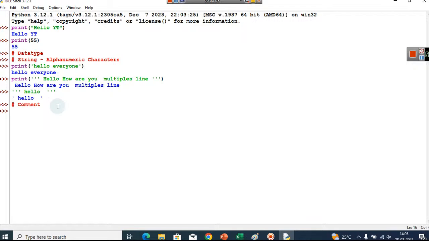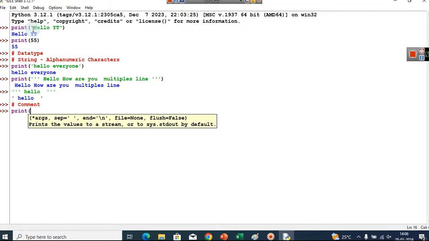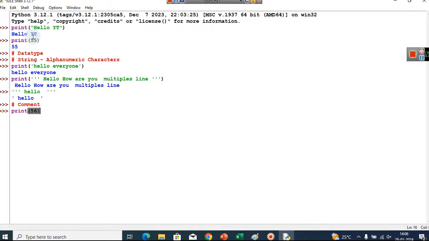Now after this, we can also define integers. If it is a string, you can see we have used print and these double quotes. But if it is an integer, for example 56, then you don't have to provide any quotes. Integers are whole numbers.